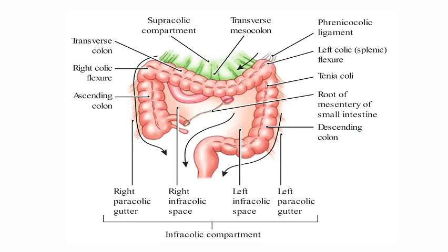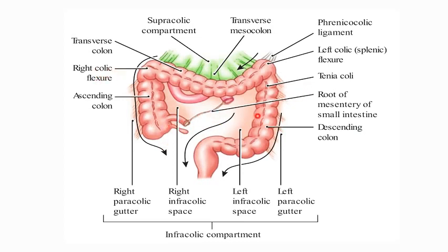Now, before discussing in detail about the lesser sac, let us finish off the infracolic compartment. So until now, we have seen the supracolic compartment, in which we have discussed almost all subphrenic spaces. Now we are going on to the infracolic compartment. Infracolic, so it is beneath the colon. The colon in question here is the transverse colon and its mesocolon. So whatever peritoneal cavity is beneath it, we are calling it the infracolic compartment. This whole thing is the infracolic compartment.